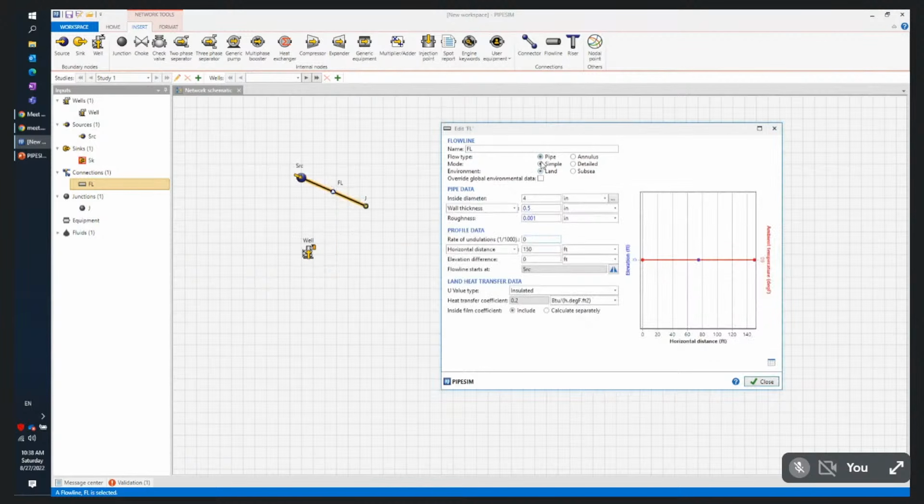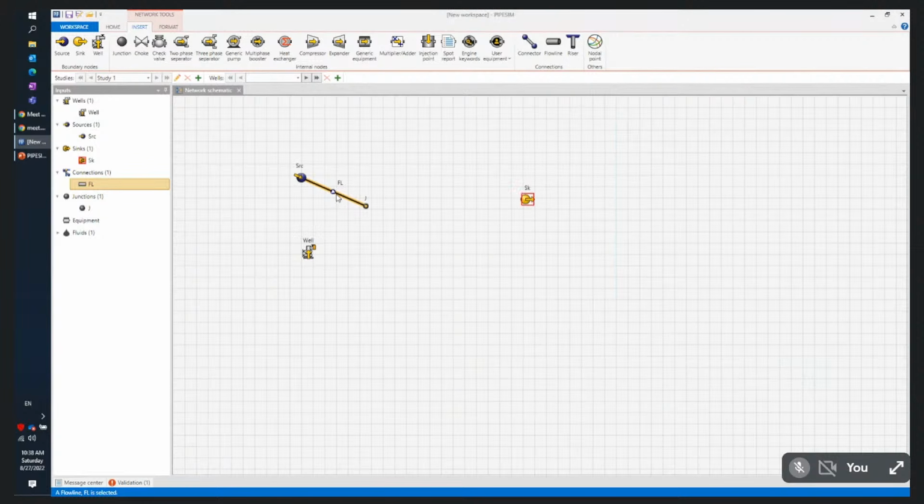Again, we are going to this pipeline here. So it's a horizontal distance 150, inside diameter is 4, and that's it. So now I can simply right-click copy, and then right-click paste this pipeline, and then I can connect now like this, drag and drop. So what did I do now? I have now connected my